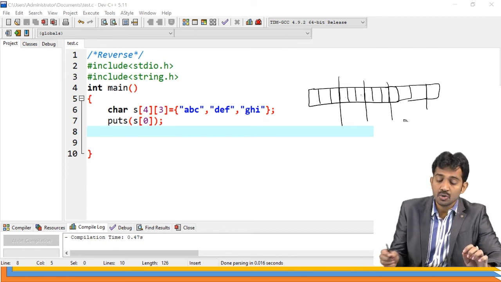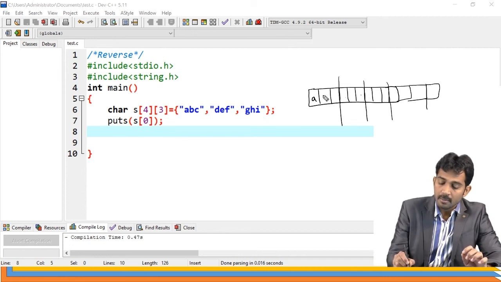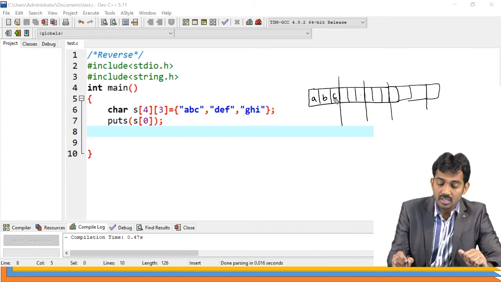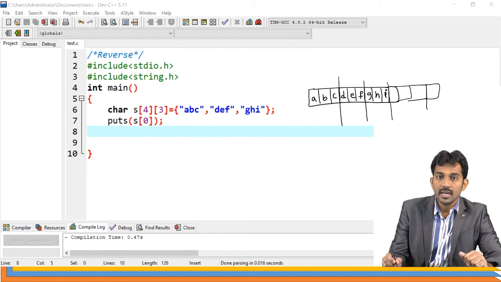But how many characters are going to be stored? A, B, C. But where are you going to store the null character? There is no space for the null, because the next slot is for D, E, F. After that, G, H, I. Is this clear? So there is no space for that.